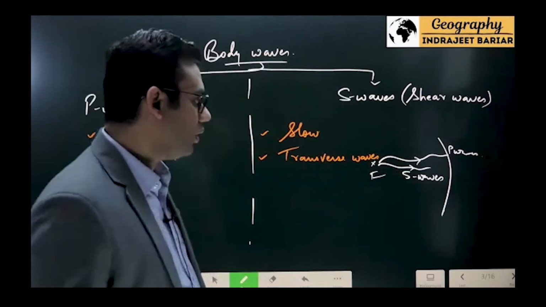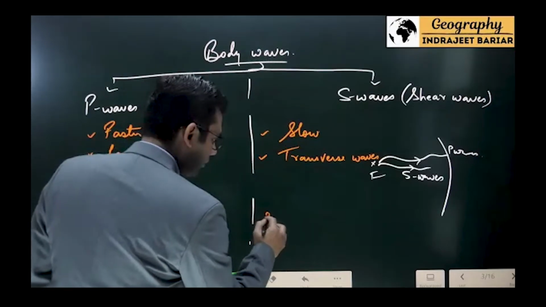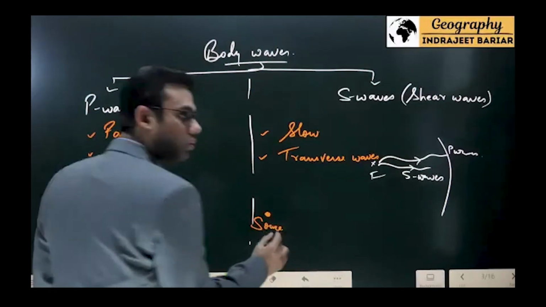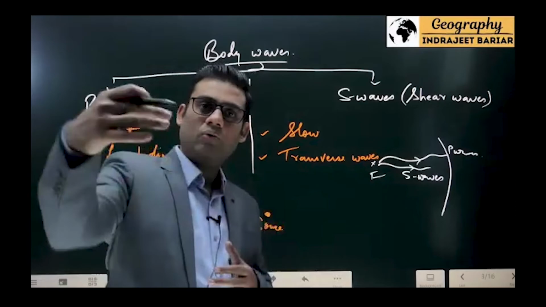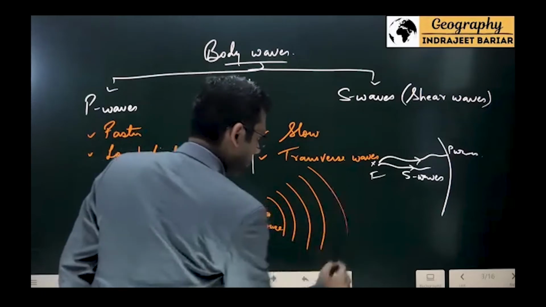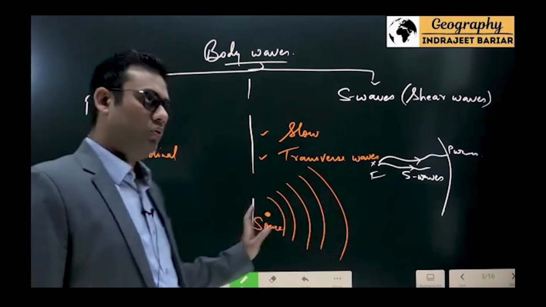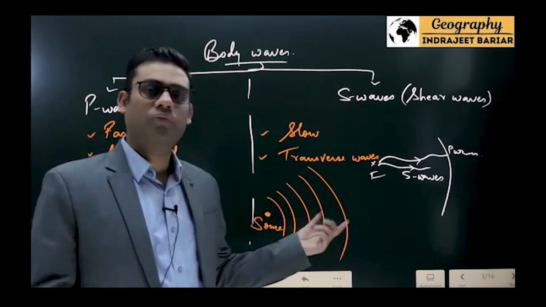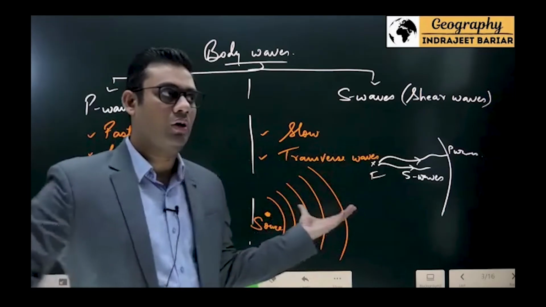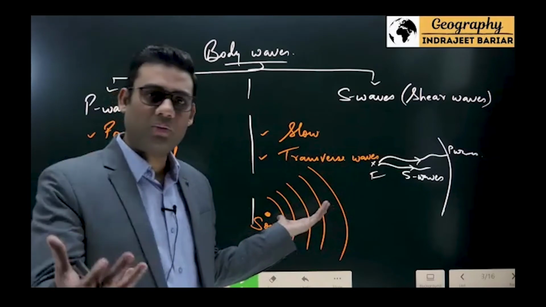With respect to longitudinal waves, what do we mean by longitudinal waves? If this is the source, from this source the waves are going to travel outwards. This is how we show the propagation of the waves. You may have seen this in the case of sound. Or these days, it is used to show Wi-Fi, correct? The Wi-Fi signal also looks like this.